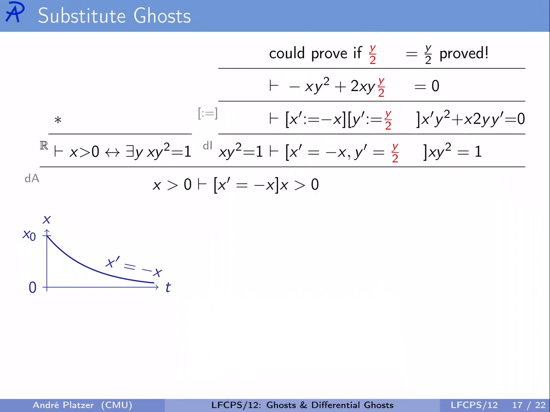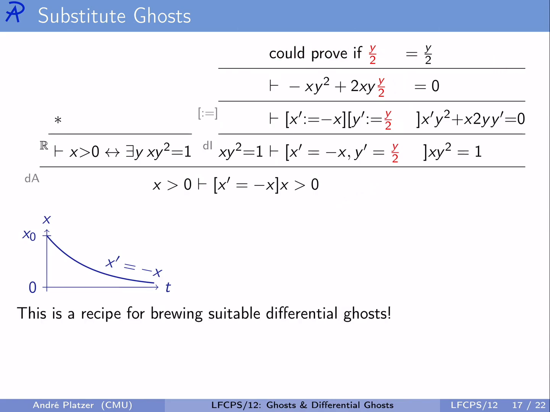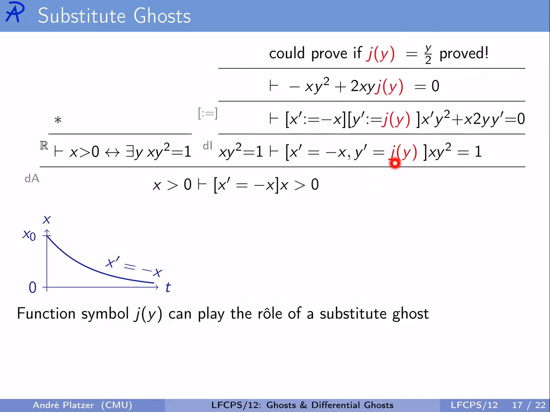If you're careful, like me, maybe you would like to go back and redo the proof from the beginning now that you've constructed the right answer. Or you can work slightly more systematically with this recipe for brewing suitable differential ghosts, but just doing the proof and then fill in the blanks that you were unsure about, construct it to make the proof work out, by instead working with a function symbol j of y that plays the role of the substitute ghost and is slightly more civilized. So certainly we could work with y prime equals j of y,